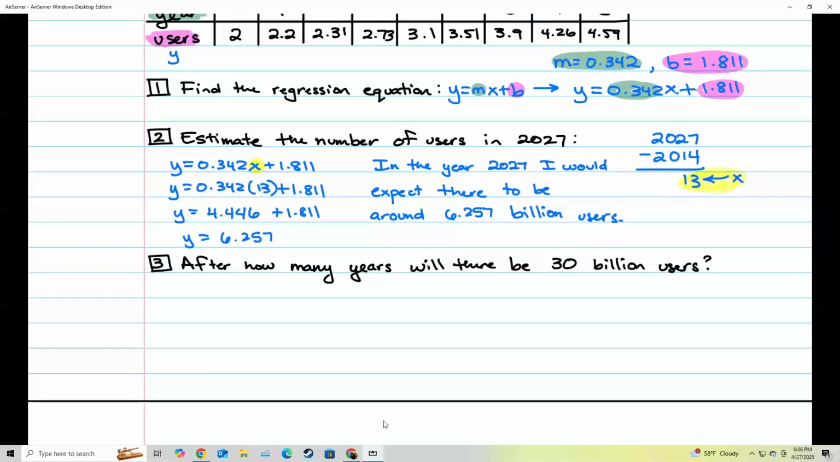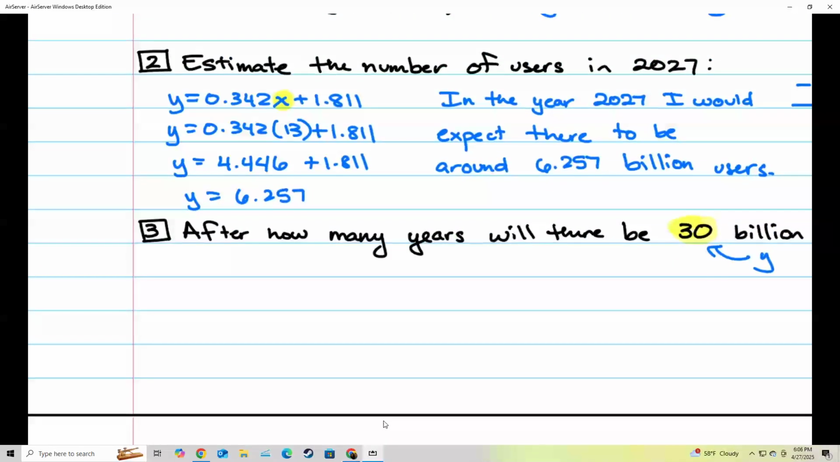It says, after how many years will there be 30 billion users? Notice that this time the 30 billion users, this is my Y value that they gave me. And so I'm still going to use the equation to come up with a prediction, but this time I'm going to be solving for my X because they already gave me the Y. So let's substitute. This is going to be Y equals 0.342x plus 1.811. But this time they gave me the Y value, so I'm going to substitute my 30 in here. I get 30 is equal to